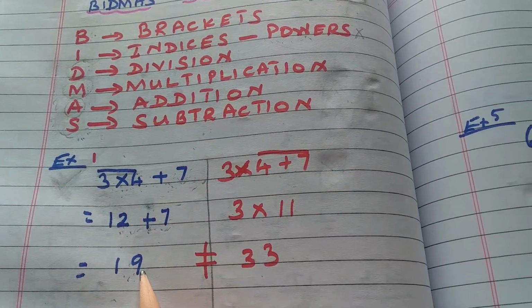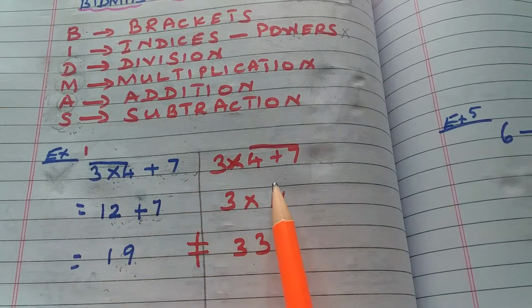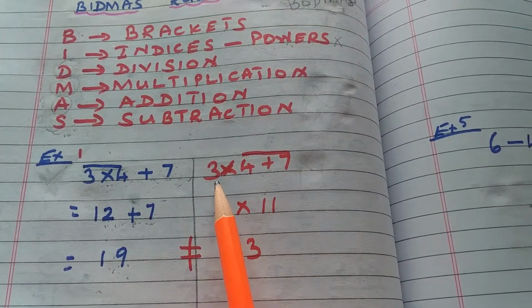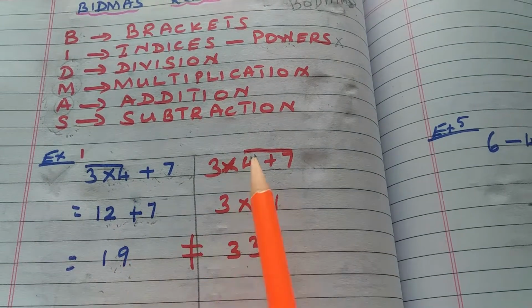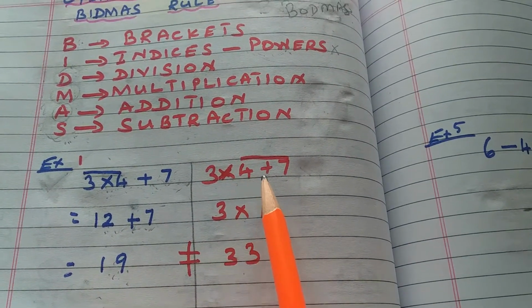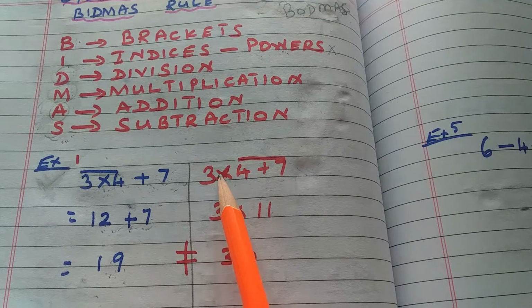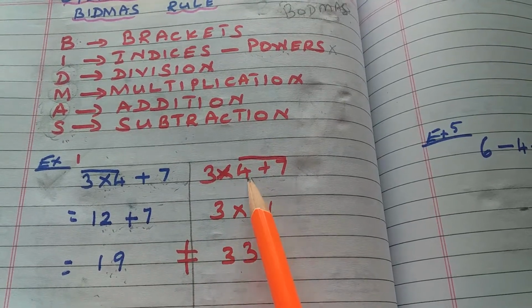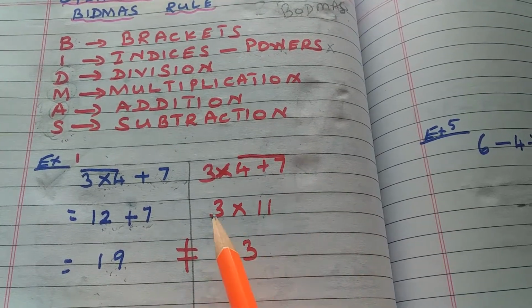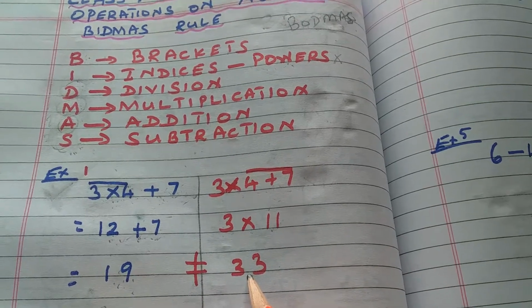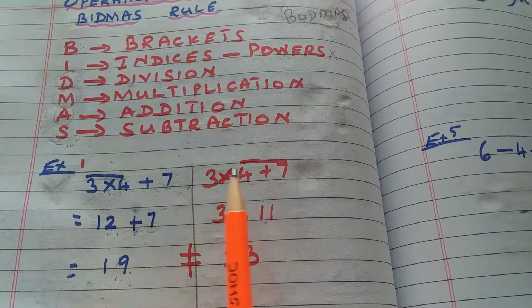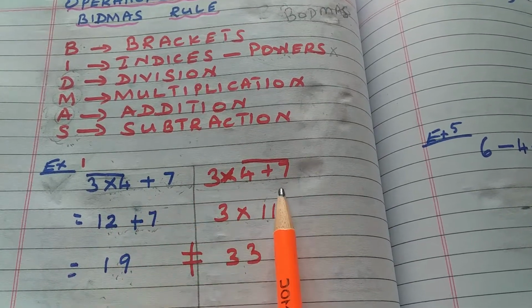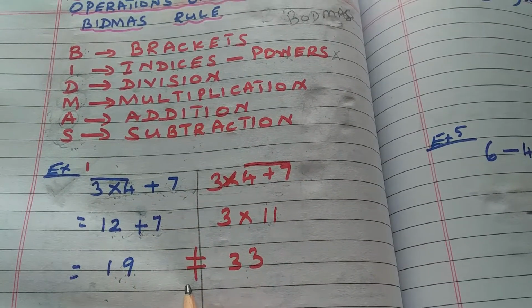It is 19. Okay. Now the same sum we'll see the other way. What is the other way of doing it? 3 into 4 plus 7. See, numbers are same, even the operations are same. But what we are doing, some of us feel like doing addition first. So we keep 3 as it is, multiplication as it is. 4 plus 7 is 11, and 3 elevens are 33. But even though we have the same numbers and same operations, and the order is also same, we are getting 2 different answers.